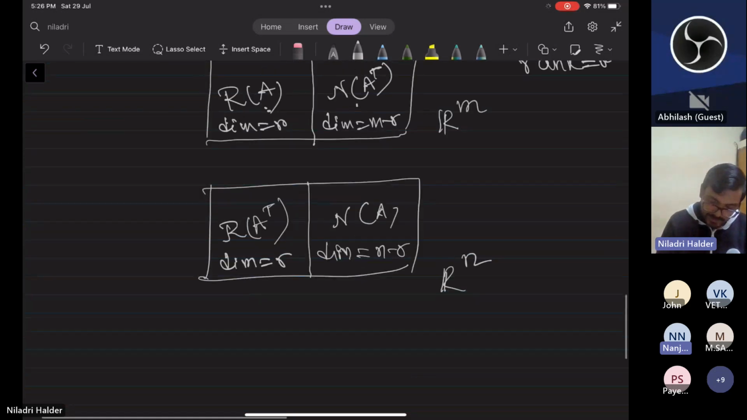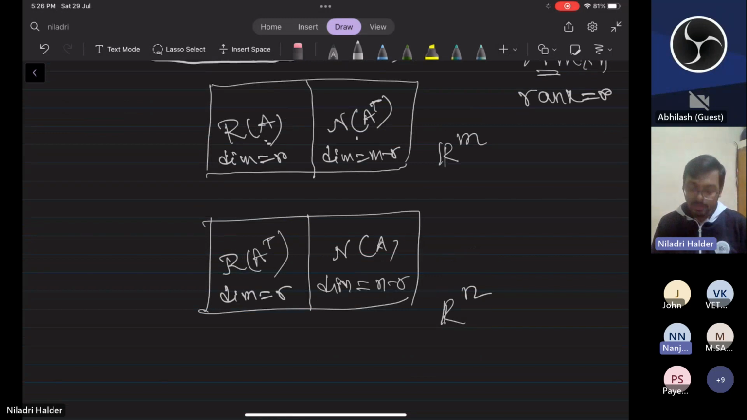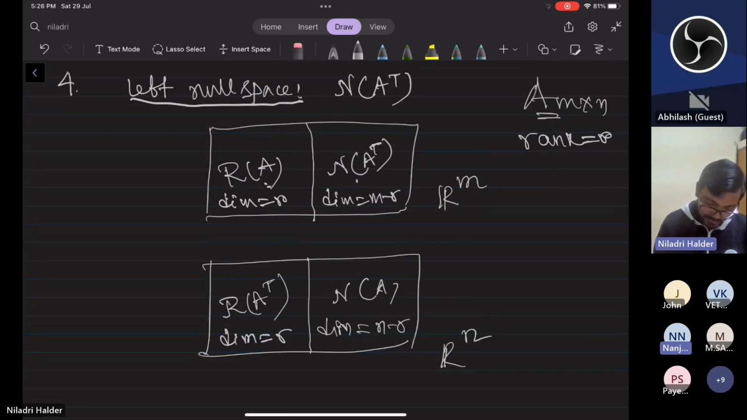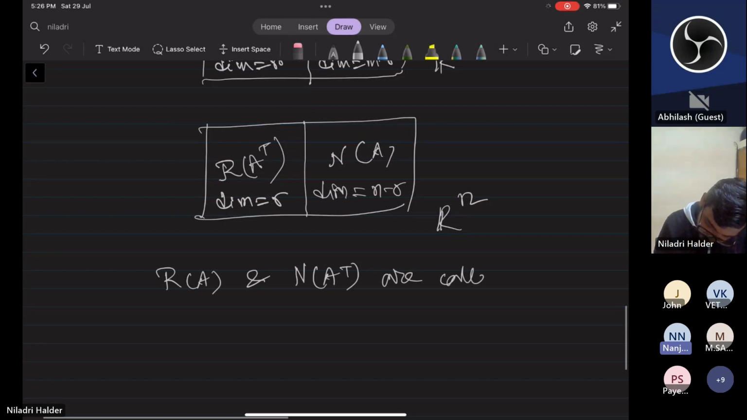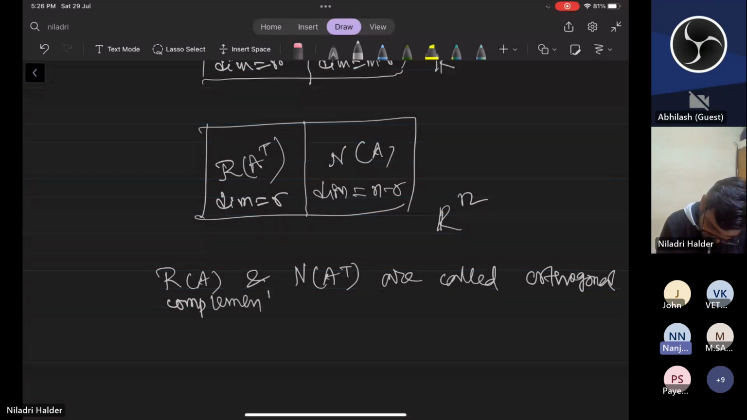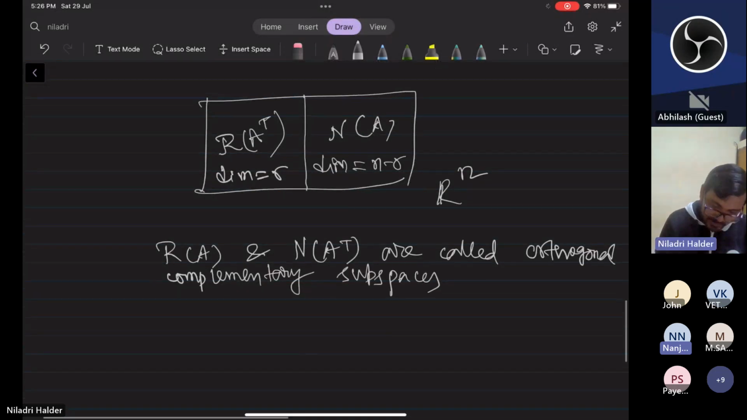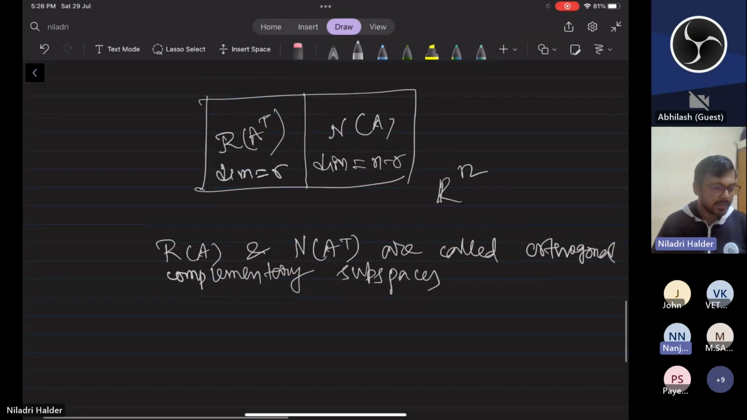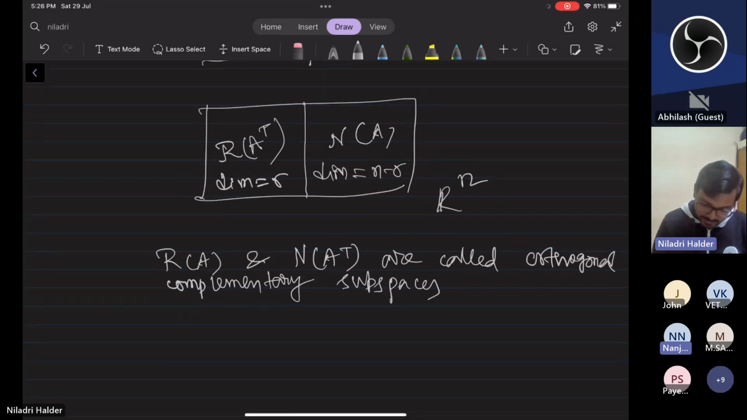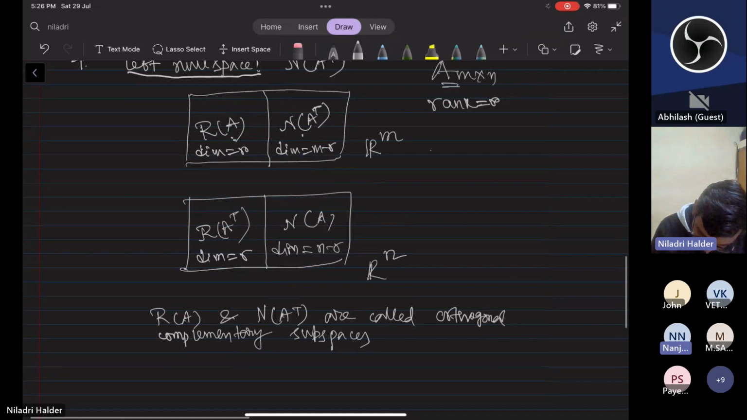Okay. And this range space of A and null space of A transpose are called orthogonal complement subspaces. Also similarly, range space of A transpose and null space of A will also be orthogonal complementary subspaces. Okay, so this is some basic, and one more thing is that if you write down here,